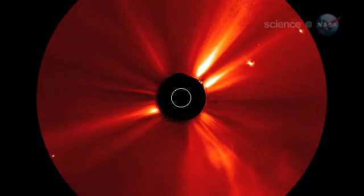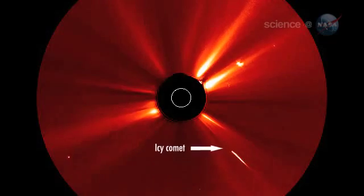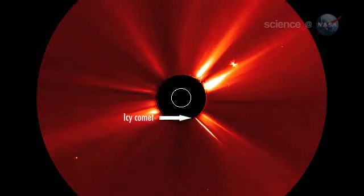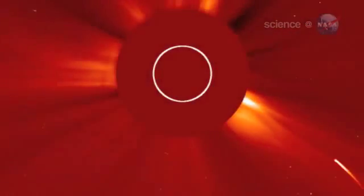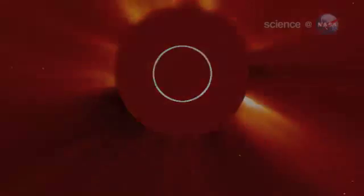The Solar and Heliospheric Observatory saw it first, using an opaque disk to block the sun's glare. SOHO recorded the early stages of the comet's death. The comet grew a long, bright tail as icy material in its nucleus furiously vaporized in the face of intense solar heating. By the time it happened behind the sun-blocking disk, the comet had become one of the brightest of